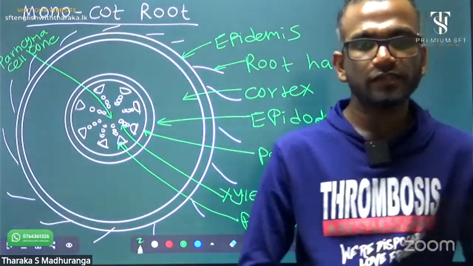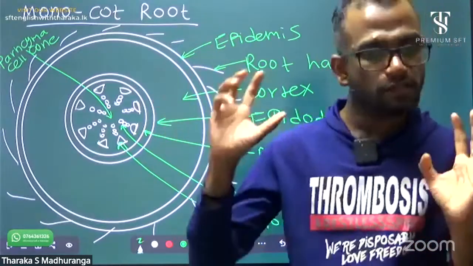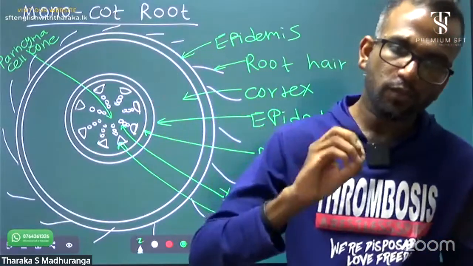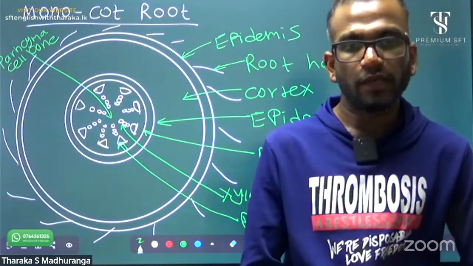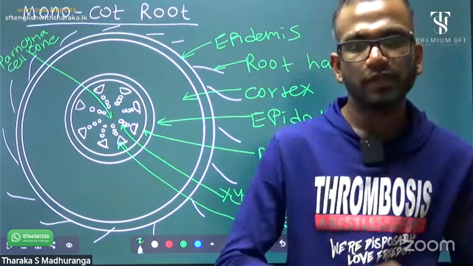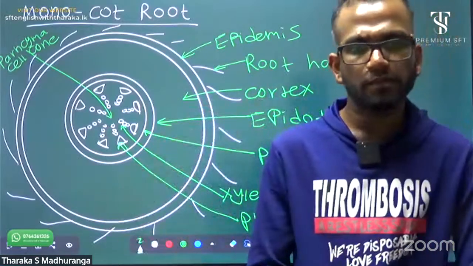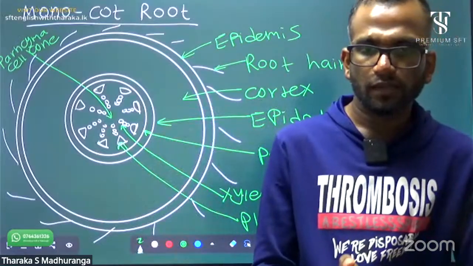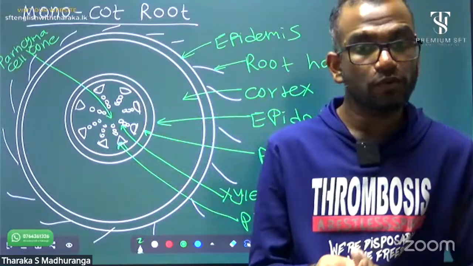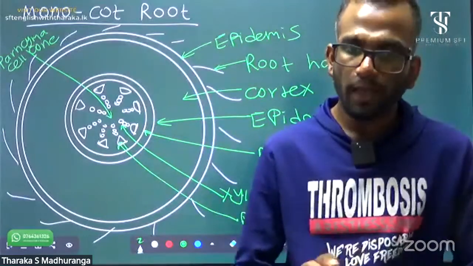Okay, today we discussed a very important part. Definitely one of these diagrams is asked in the exam, either an MCQ or a structured essay, sometimes both are possible. In the MCQ part they ask about root and stem and secondary growth structures. I think you got the full idea. That's all about plant parts.